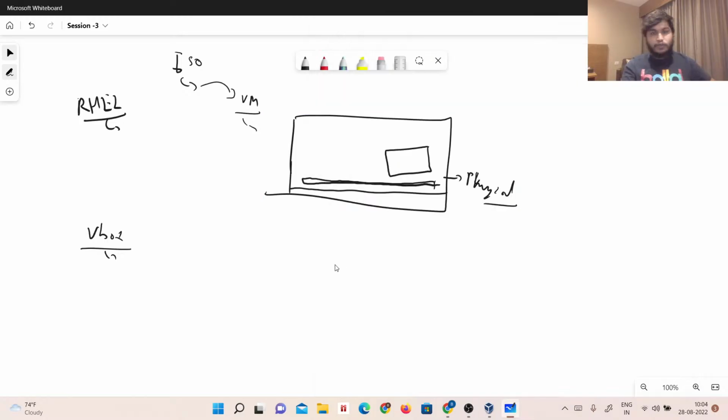Once I run VirtualBox, it will create a process. If you don't know what a process means, it's not just a program, it's software. Why am I calling it software? Because it's a group of programs, multiple programs running at the same time. And when we call something a program or software, and when we call it a process,